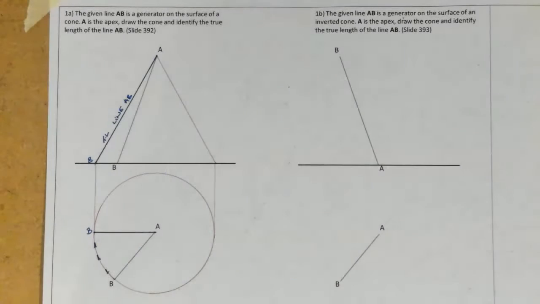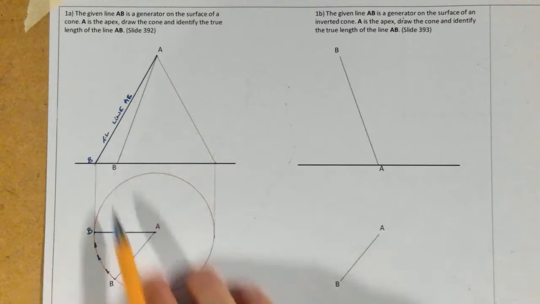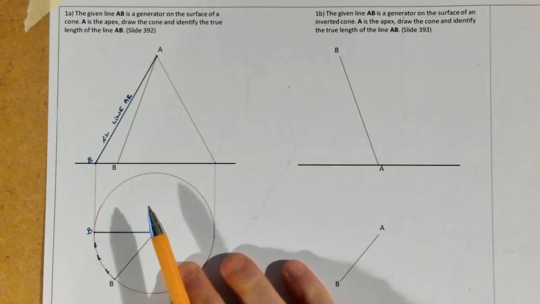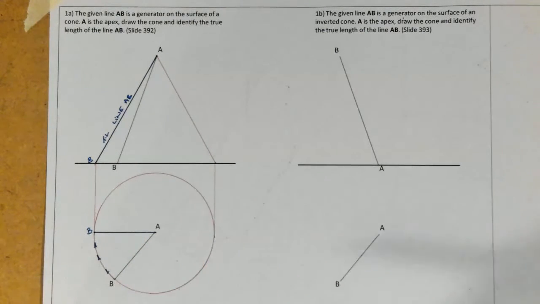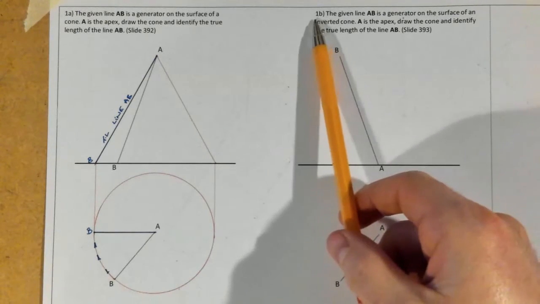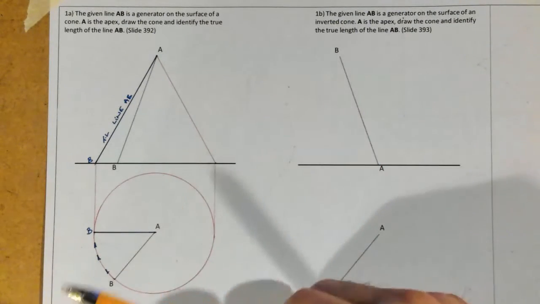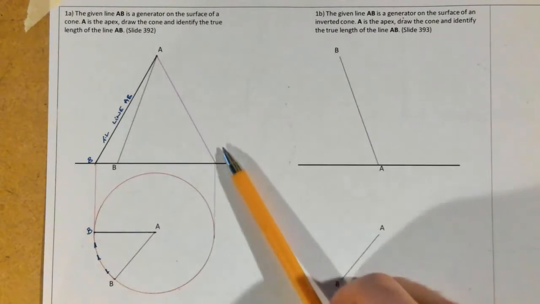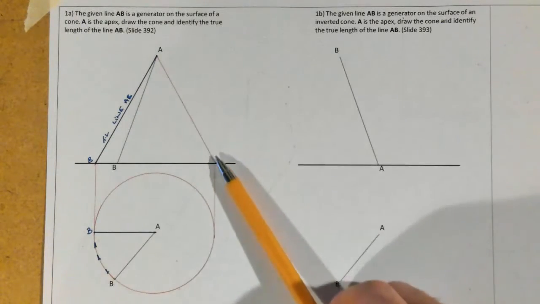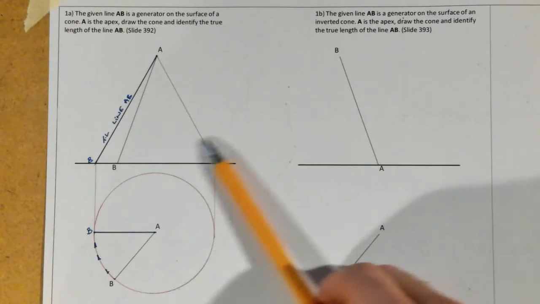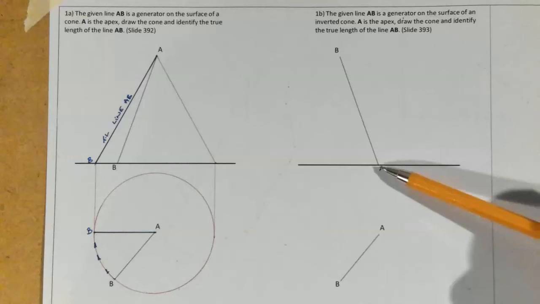Right folks, the second question on this page is very much the same thing as the last question that I went through, and how we're going to use Cohen's principle to find true lengths of a generator. Question 1b says the given line AB is a generator on the surface of an inverted cone. So in this case, where the cone over here was an upright cone standing with its apex up here and the circular part was the base,